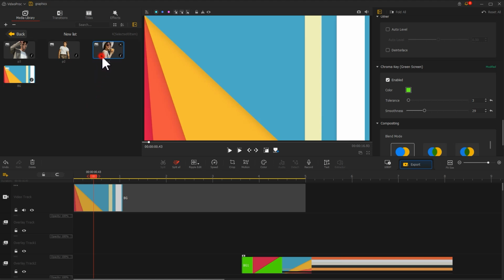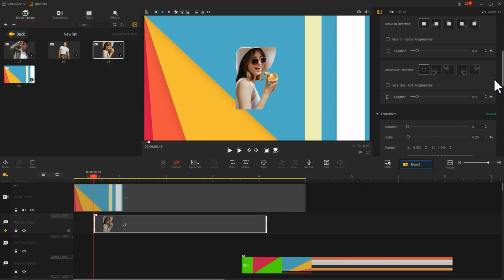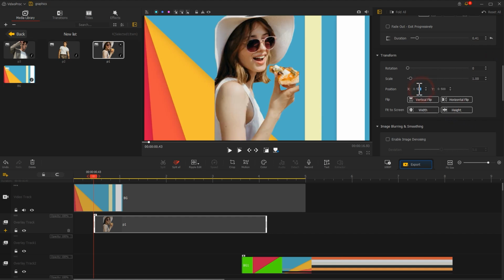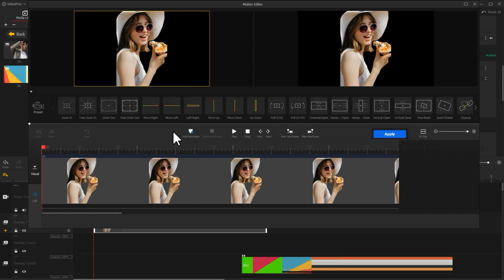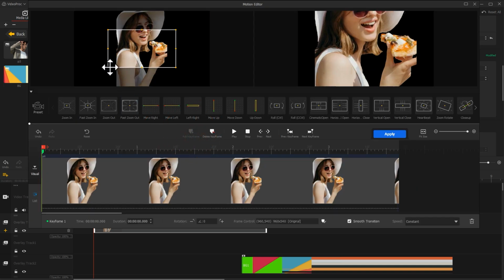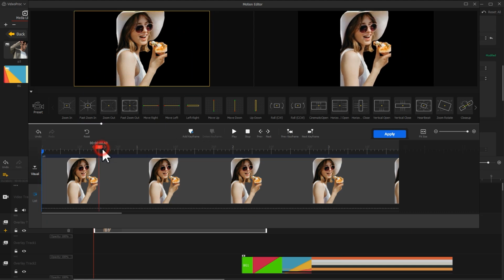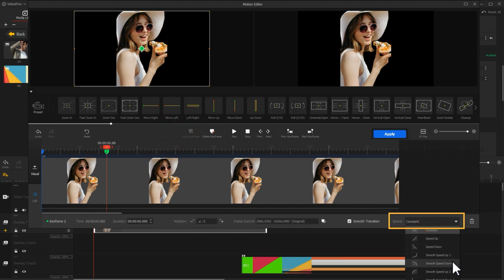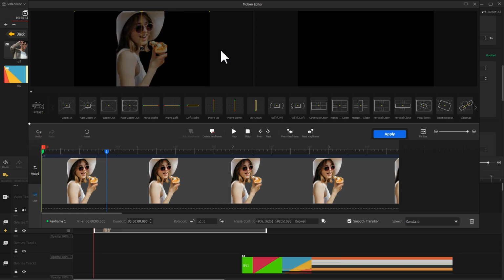First, drag the cutout image to the overlay track and complete the basic editing. Then find the motion icon on the toolbar and click it to edit the motion effect. At the first frame, click Add Keyframe and adjust the box to fill the entire screen. Then move the playhead forward to generate the second keyframe. Add a speed curve to it. Go back to the first keyframe, move the box upward until it's completely out of the frame, and click Apply